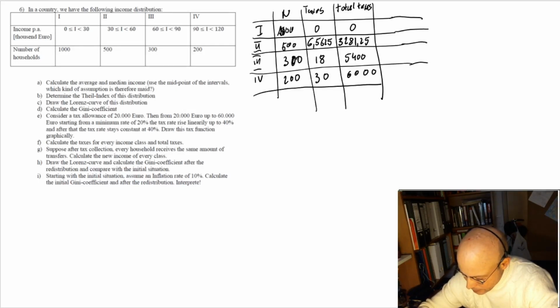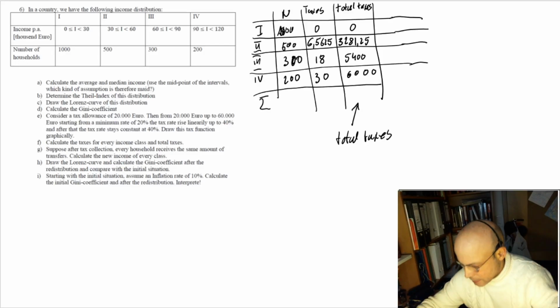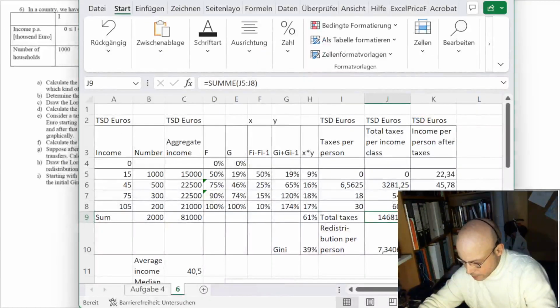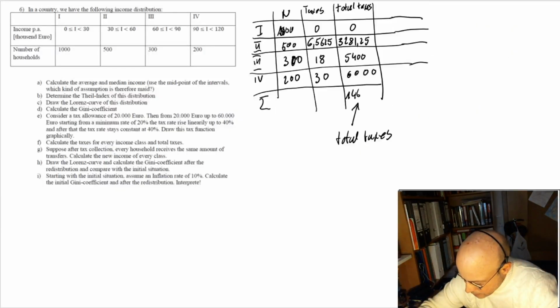And then we have here total taxes of 14,681.25, and this is